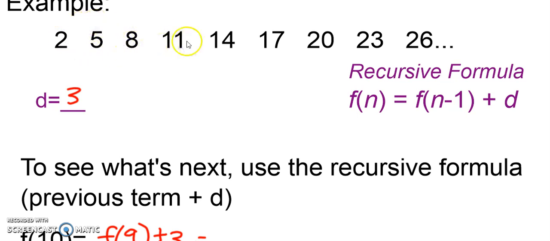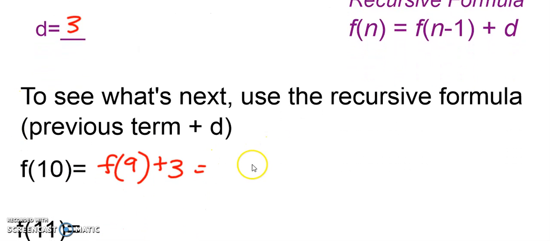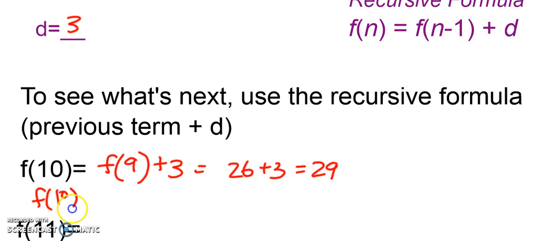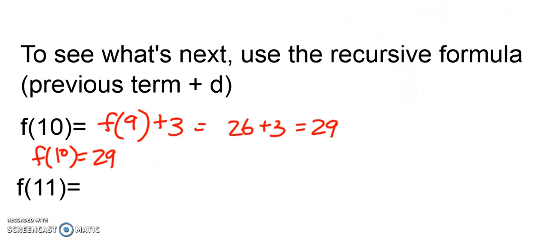Now, I could go back up to my sequence and see which one was the 9th term. 1, 2, 3, 4, 5, 6, 7, 8, 9. Okay, 26 was my 9th term. So I'm going to take 26 plus 3, and that gives me 29. Now I could say that f of 10 is equal to 29. Then I can go on and find f of 11. Now, I know that it's really easy for you to add 3 to a number and keep going and going. What we're really trying to get down right here is the